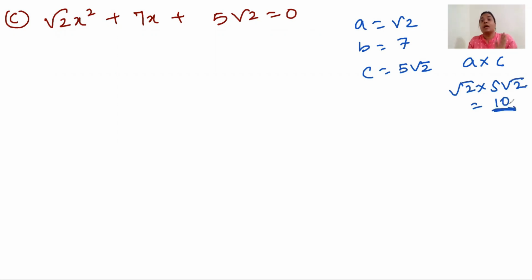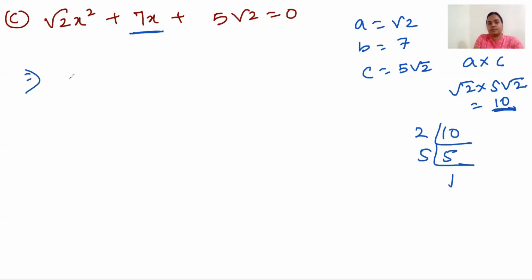Now what we will do, actually in this number we don't have the square roots. So no need to think of anything, just do the simple factorization, split the terms and then just go ahead. If there is a square root in the middle term, then we have to apply the trick. So in this we'll just do simply 2 5s are 10, 5 1s are 5. We have to get 7. So that will be 5 plus 2.